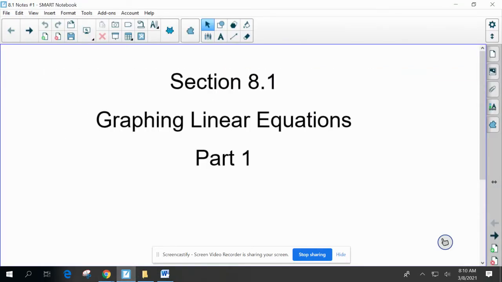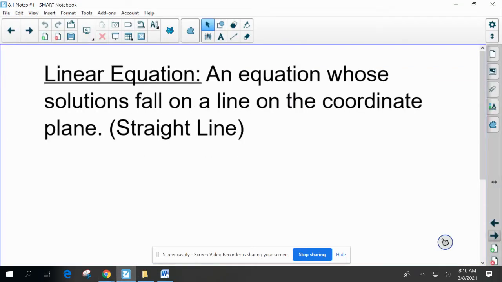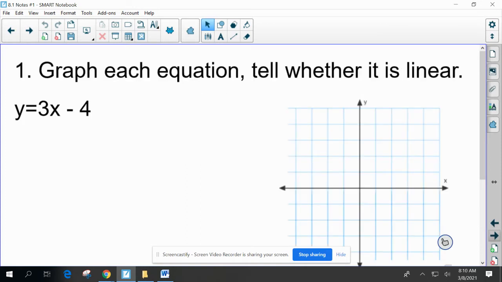All right, so this is section 8.1, part 1. You'll need to pause your video and write down this vocab word for linear equation. So starting off with number 1, we are going to graph each equation and tell whether or not it is